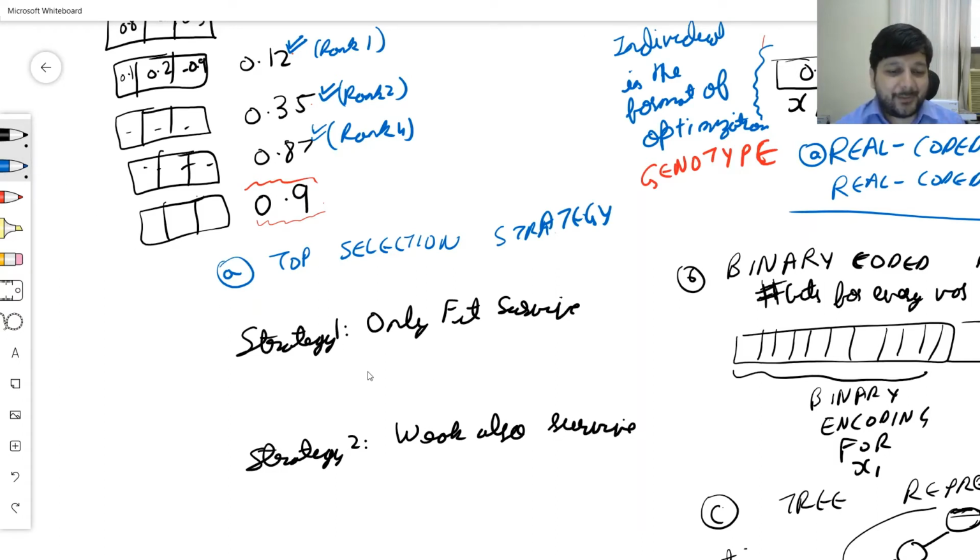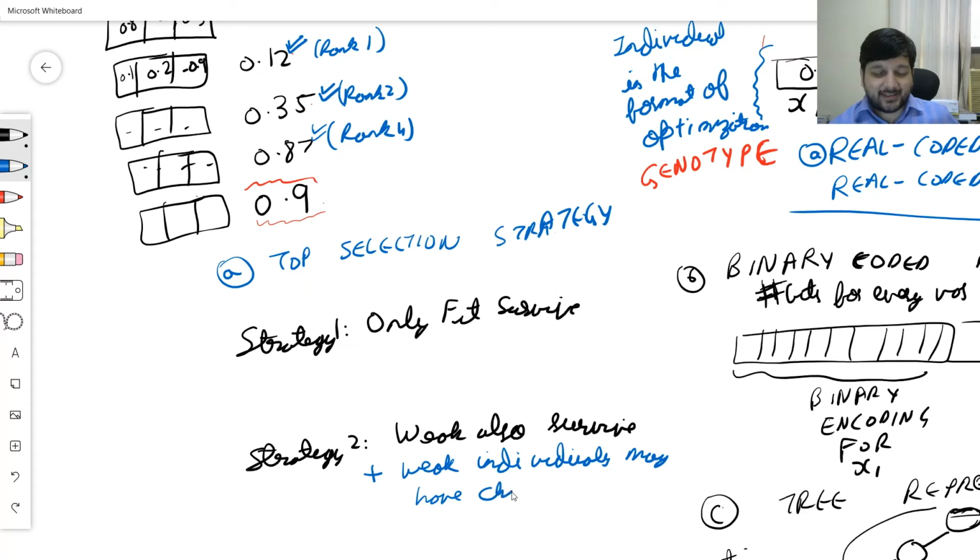And let's analyze both of them. So if weak also survive, the plus is that weak individuals may have characteristics useful for the future,